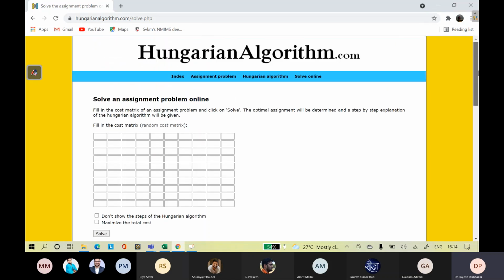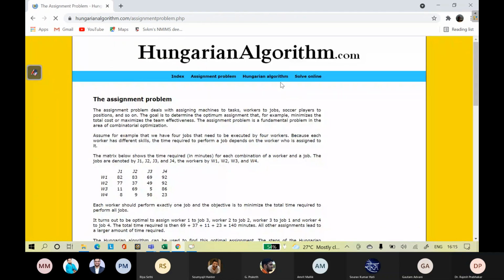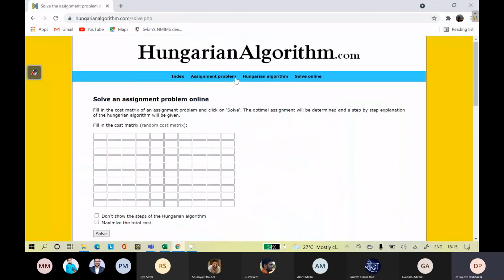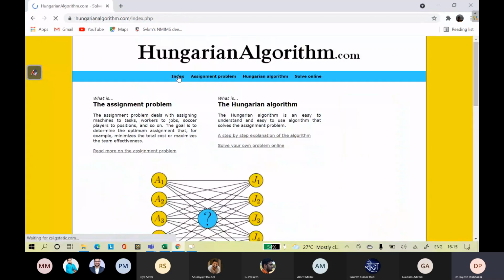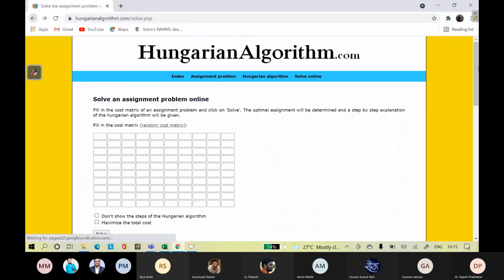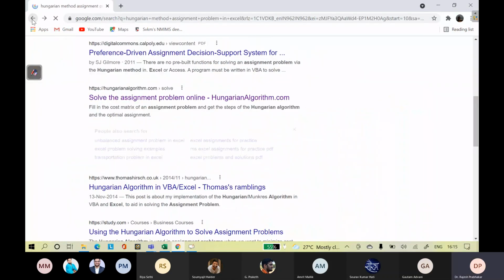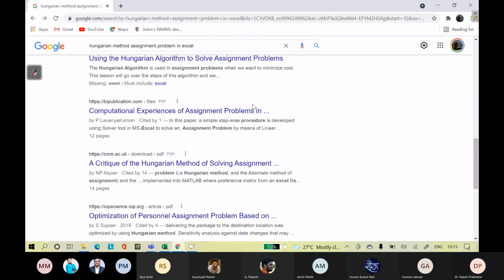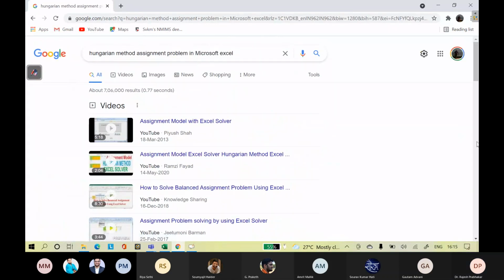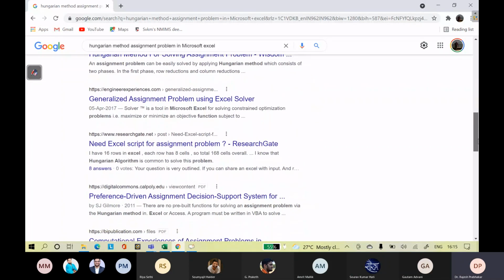Solve online is there. I think there is no manual method.